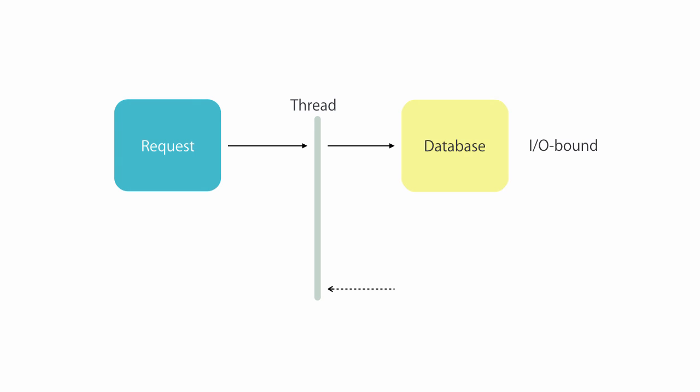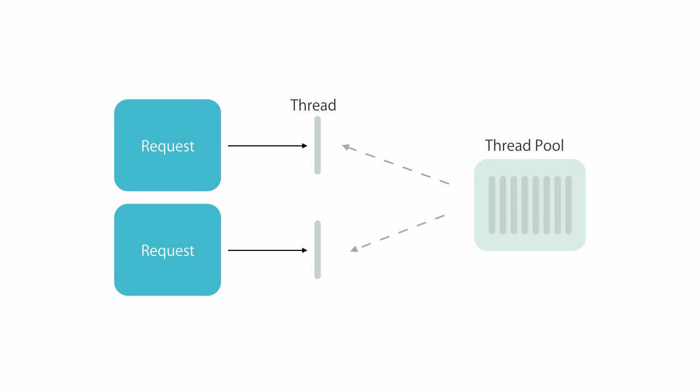and returns the result. Now, since we have a limited amount of memory and threads available in a web server, if we have a lot of concurrent users, at some point we may run out of threads because many of these threads are waiting for I/O-bound or network-bound operations to complete. In this case, we either need to add more hardware in terms of memory or more machines, or we can